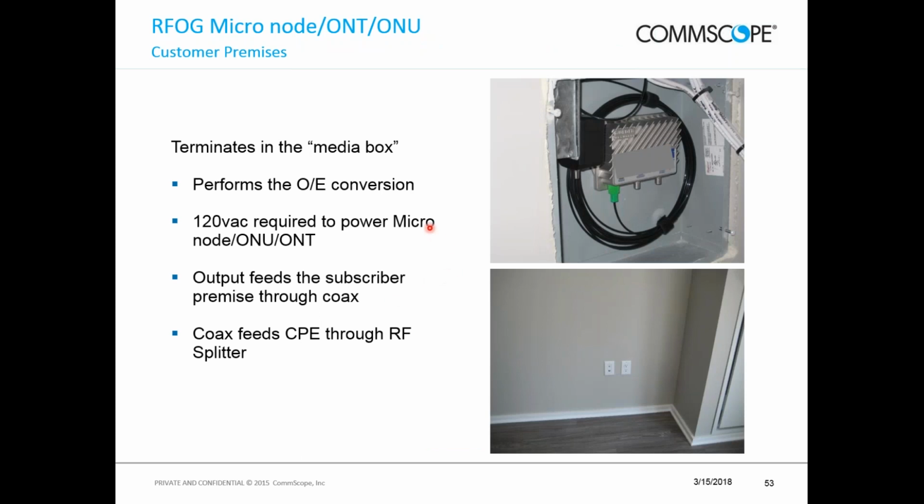This is the customer premise. Picture in the upper right-hand corner is the media box. This is typically mounted in a laundry room or in a closet or something of that nature. It's just a general between-the-joist Hoffman-type closure. It has to have AC in it to power the device, so you can see the duplex outlet right here. Okay. Then the optical signal, a little bit more slack on this end of that drop cable, and then